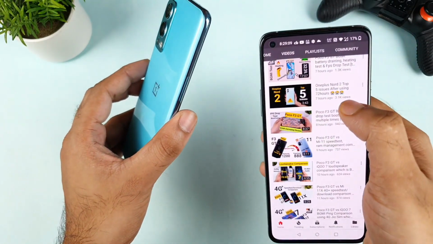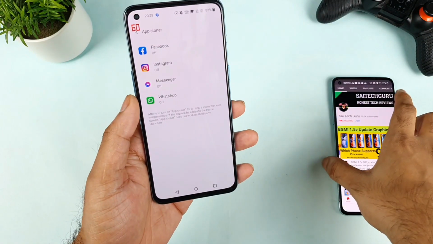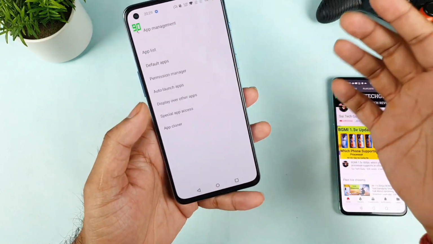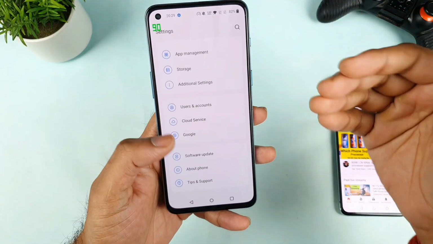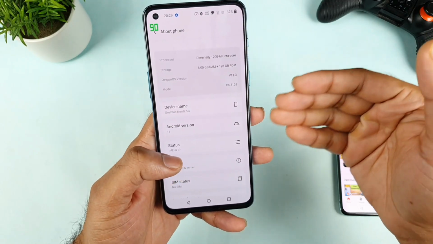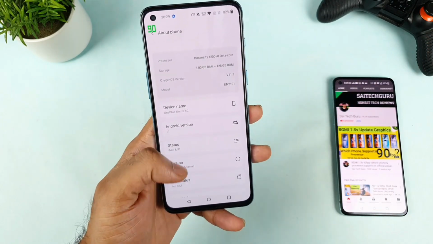If you watch my video you will definitely understand the top 5 issues which I did mention. The first issue is this one only, which is the app cloning not working after the recent update, but still now I was able to use it, as you can see friends, exactly. So all of a sudden it got fixed. I did not get any kind of update, nothing at all, but still it got fixed all of a sudden. That is what I'm trying to mention.